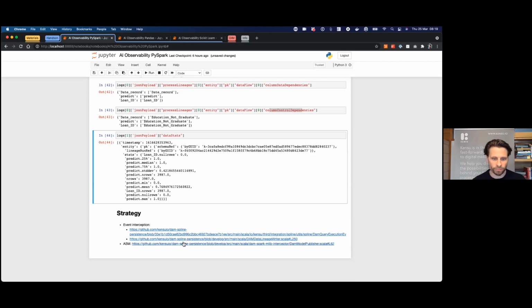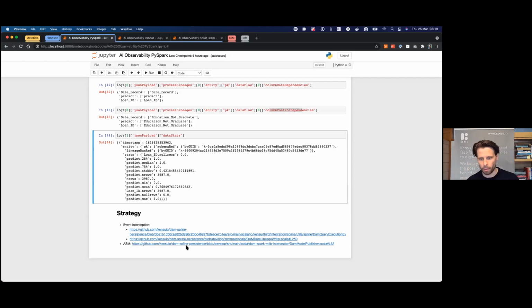There is another fancy way of doing this kind of interception, which is using ASM. I don't know if you know ASM, but it's more like ByteBuddy. It's a way to inject code into code, right? It's a bit hackish, but in order to add the function that you miss in the library, let's say in Spark ML, which is not sending events when they're writing a model, then you can inject some extra code within the existing method, right?